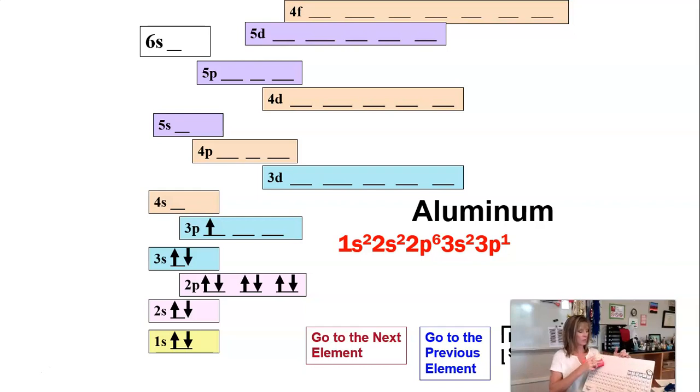I'm not going to do all of them because it'll make the PowerPoint really long. So I'm going to skip through some of them. This would be 3p1, 3p2, 3p3, 3p4, 3p5, and 3p6. Then you would go on to the fourth energy level. So here's the fourth energy level. Okay, it starts with potassium. Right here, where the transition metals are,